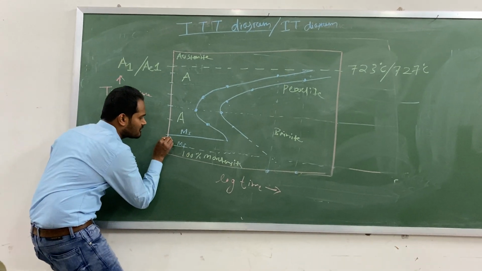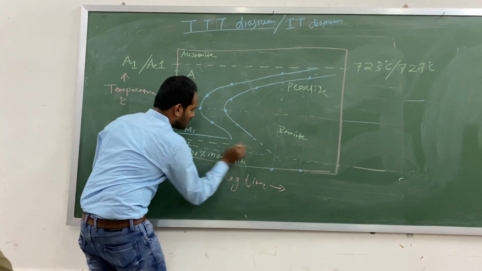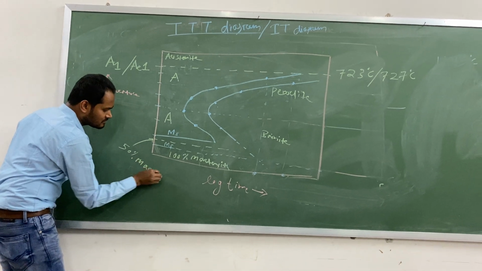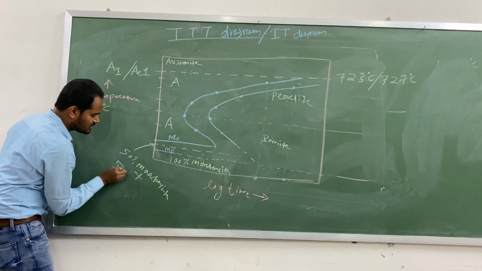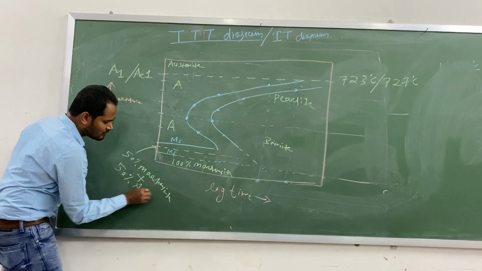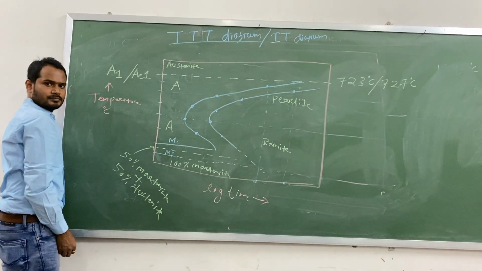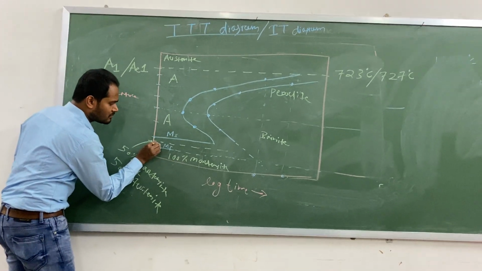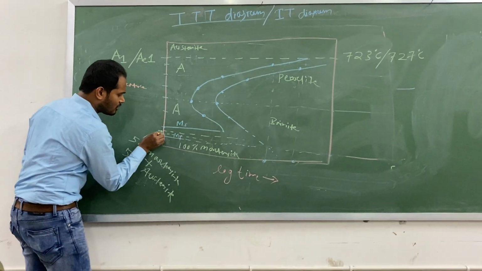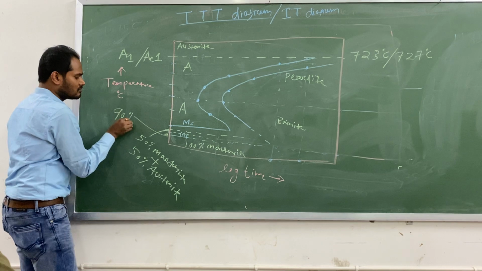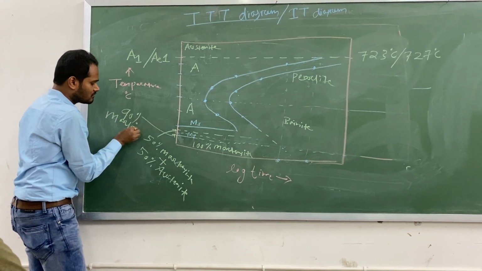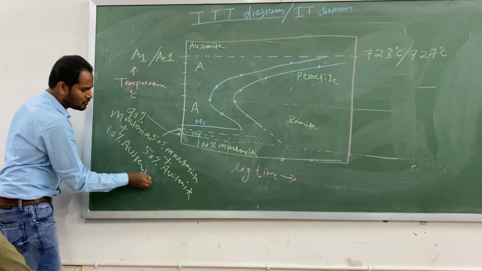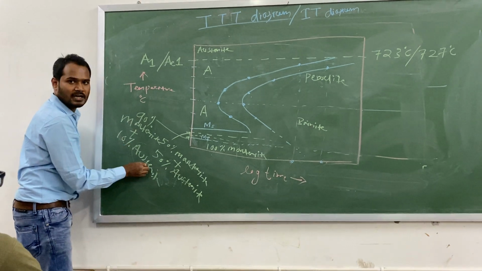But if you want to check the temperature at this one, what will you find? You will find 50% Martensite plus 50% austenite. Is it okay? Because austenite is transformed into Martensite. Suppose you want to measure the phases at this point. So you could have how much? 90% Martensite plus 10% austenite. You remember these austenites, 50% austenite, 10% austenite, are called retained austenite.